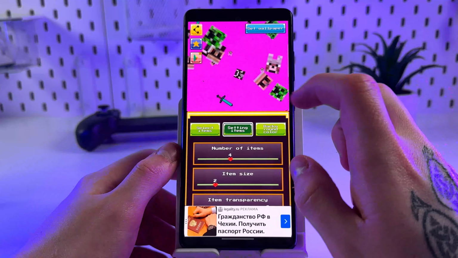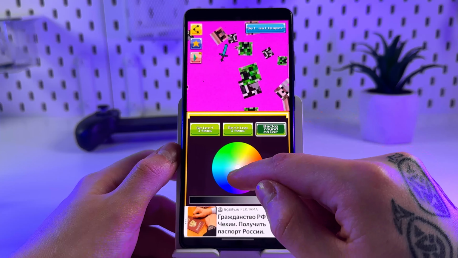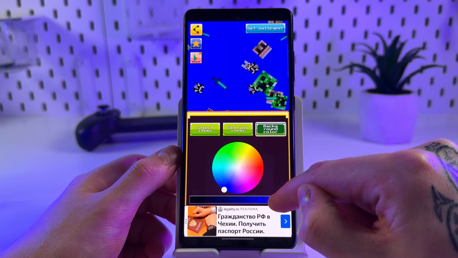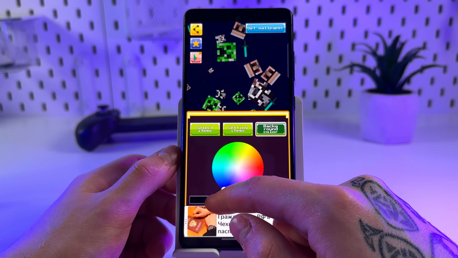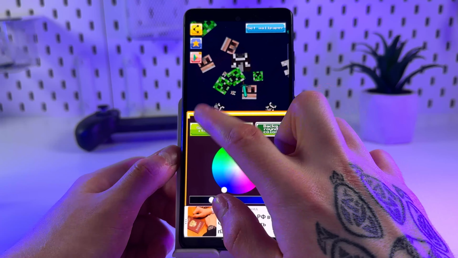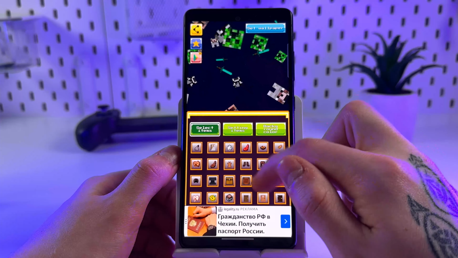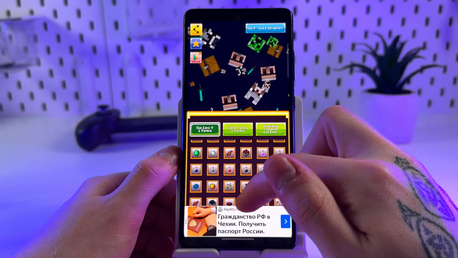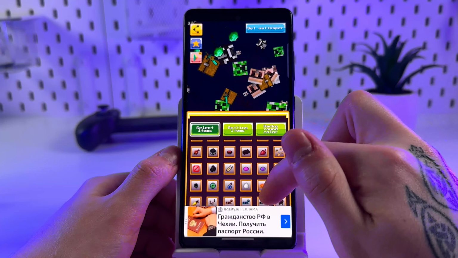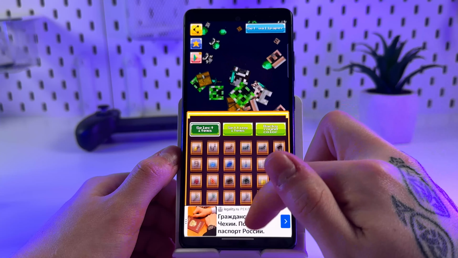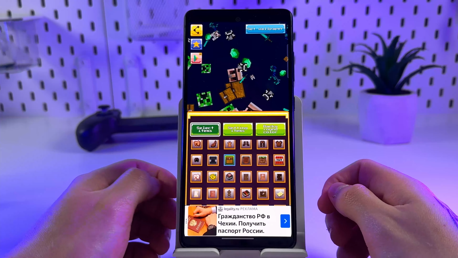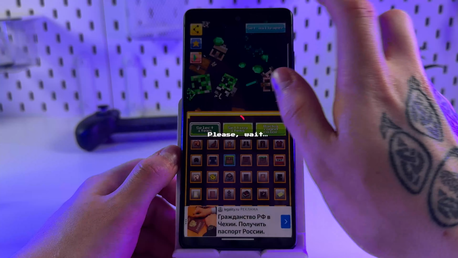And in this tab called background color, you can change the background color. For example, I will set it to blue and make it darker. And actually I will select some more items, for example chest, maybe some emeralds, also maybe some armor. Yeah, and to set the wallpaper, click on this button,